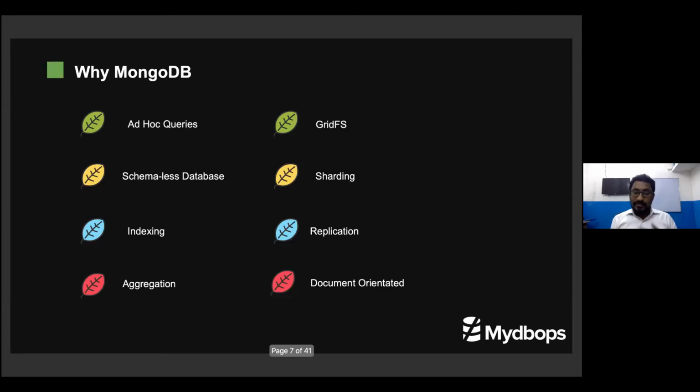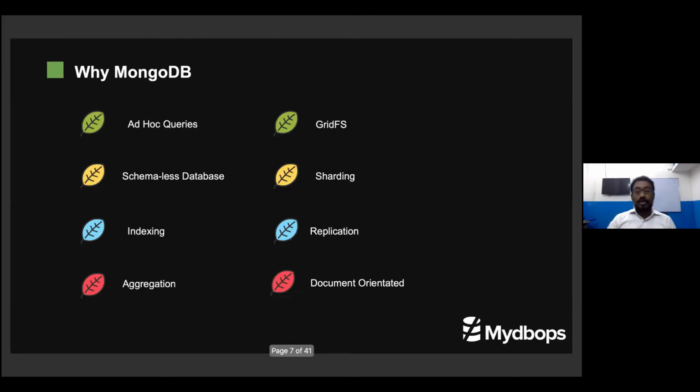Actually, why? Because in other database systems, sharding, particularly sharding, is taken care of as a third-party plugin or third-party tool, which helps to maintain the database in a sharded kind of environment. But when you're talking about MongoDB, it is seamless. They integrated sharding into the core system itself. That is the great feature.